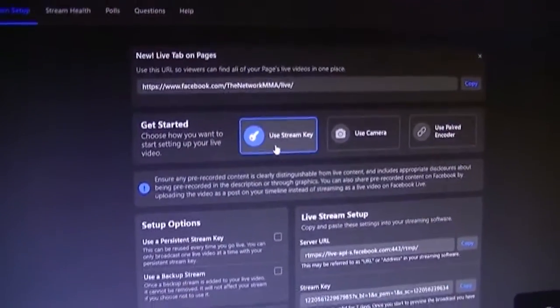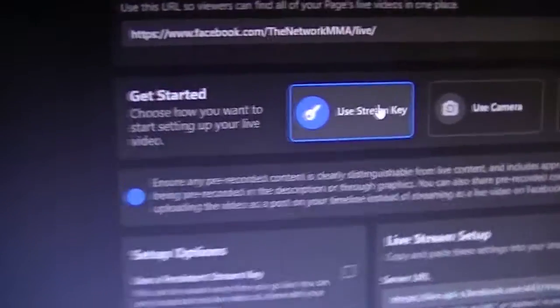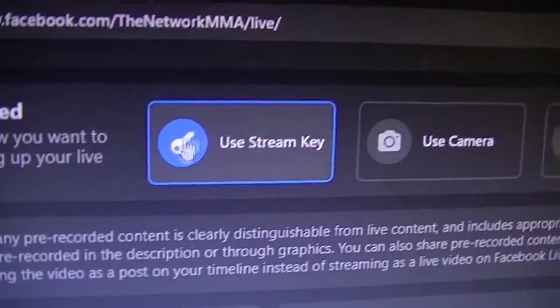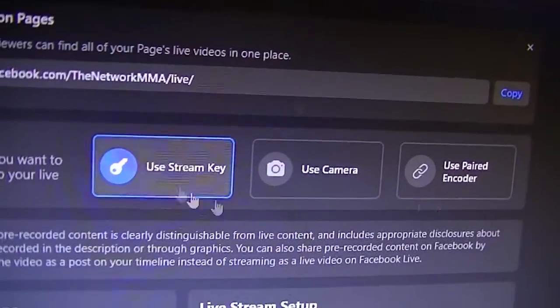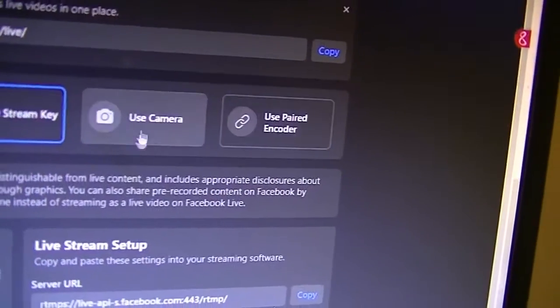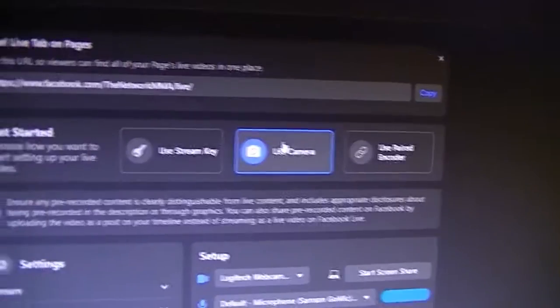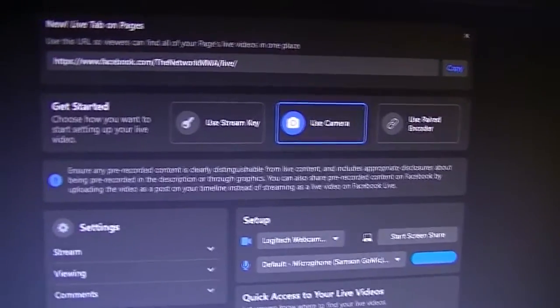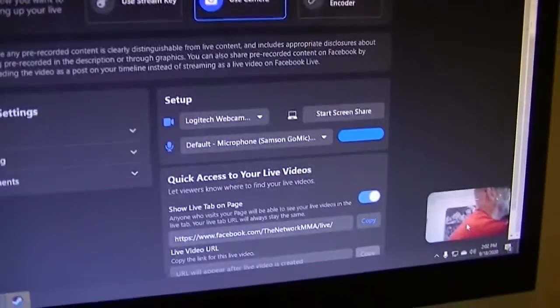If you have a streaming service that you're using other than a web camera, you can enter your stream link there, and that will work. You can use a persistent stream code on Facebook as well, or you can just use the regular good old camera, which you can see down here in the bottom corner, the side of my head. Alright,